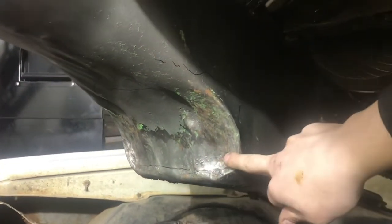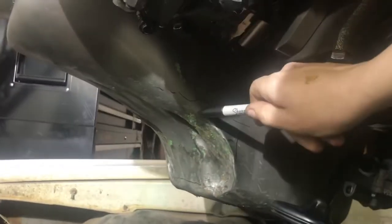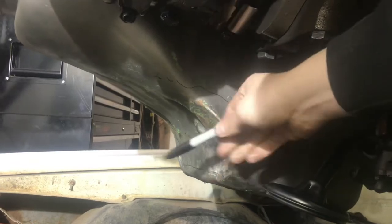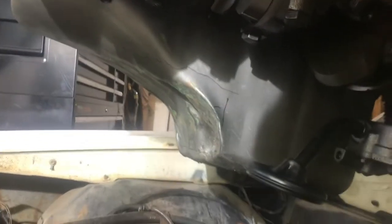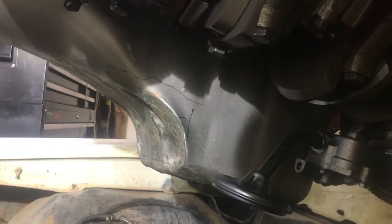Yeah, it feels a little marked up. So I can't move that back, but I need to move here back. So I think I'm going to have to do a flat plate, and then angled plates at the sides there, which is a little more complicated, but